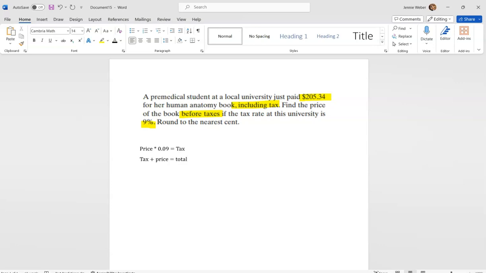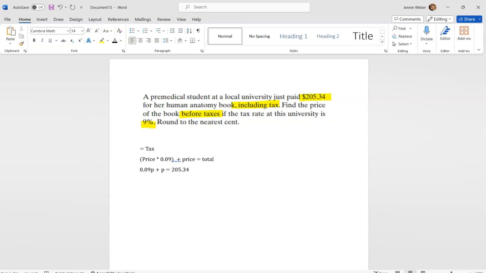I walk through the steps. So this right here, you can see, this is tax, so I can put that right in there. So then this is my equation, as I have the price twice. I have price times 0.09 plus the price equals the total. So I'm going to call my variable p, because why not? So I have 0.09p plus p equals, and I know what this is,